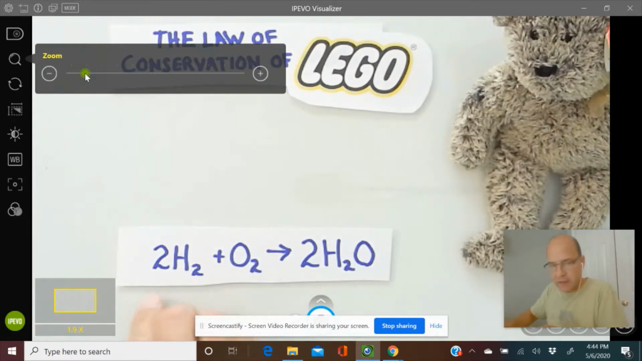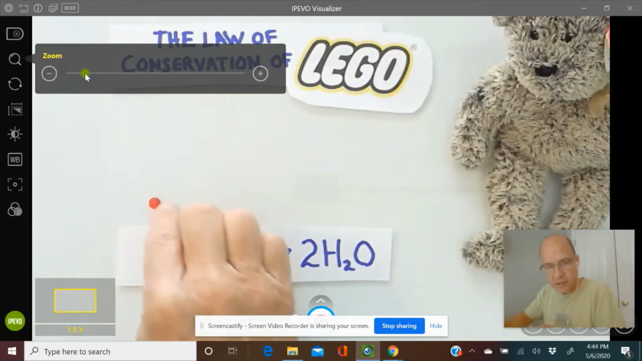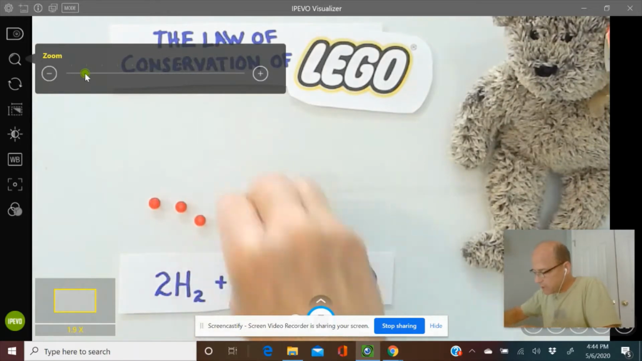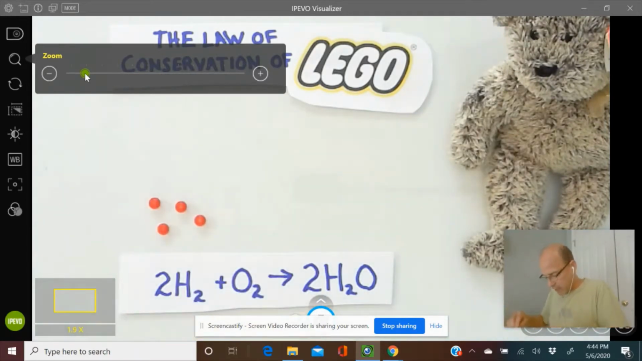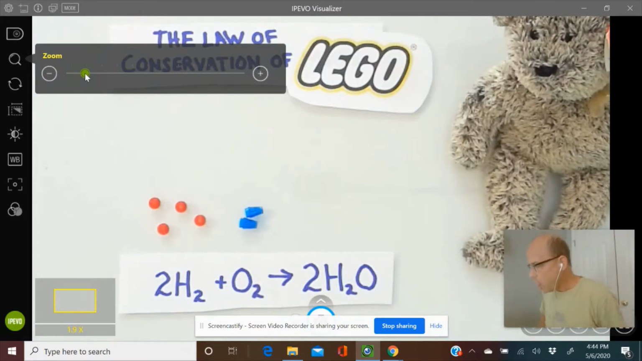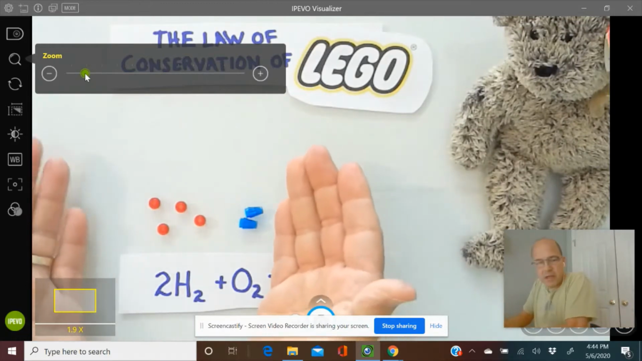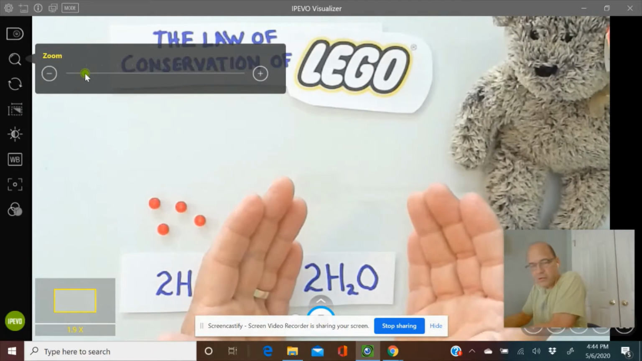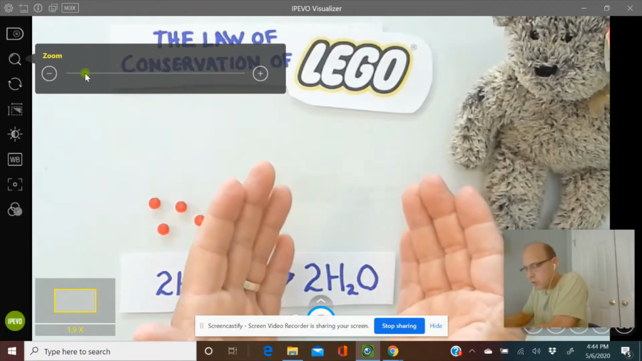Well, let's take, for example, these little studs here. These little Lego studs would be hydrogen. So each little red stud represents an atom of hydrogen. And each blue cone stud here is going to represent oxygen. Now, the idea of the law of conservation of Lego means that however many Legos that I start with in my chemical reaction, I need to conserve and I need to have all of those Legos at the end of